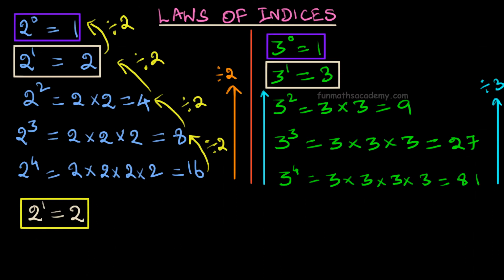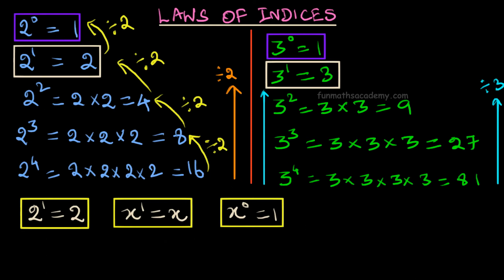Well, sometimes variables are also used here. So, this rule applies to variables too. That is, when the power of the variable is 1, we get the variable itself as the answer. For example, you can see that x power 1 becomes x itself. In the same way, when the power of variable is 0, we get 1 as the answer. Well, some say 0 power 0 is 1 and others say 0 power 0 is 0 itself. Since the answer is not sure, we shall write it as indeterminate.